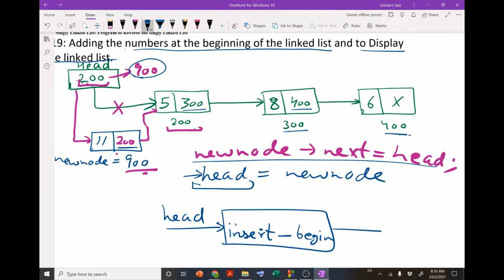As the output, since I am updating the value of head, I should return the updated value of head, right? And since the data type of the head is a structure pointer, if our name of the structure is node, then the data type of input should be node star, and the return type should also be node star.